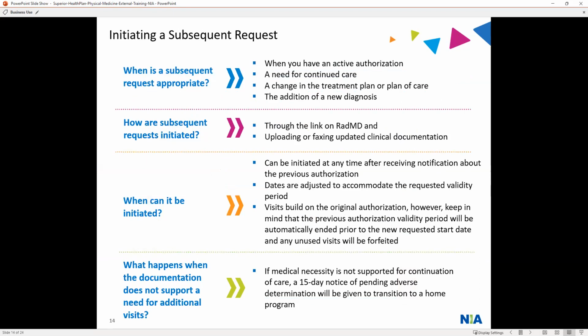So while using the authorized visits, if the therapist sees a need for ongoing care, you can initiate what we call a subsequent request. This can also be done if there's a new diagnosis or any change that would warrant more visits. And that subsequent request can easily be made on RADMD as well, with uploading the clinical documents to support it. You'll need to, again, specify the start and end dates for that request, as well as the number of visits. And this needs to be done while the previous authorization is still